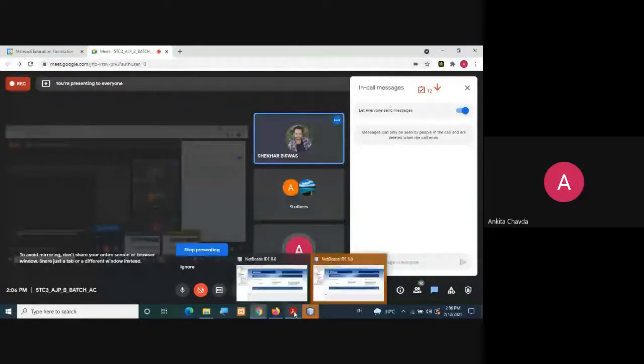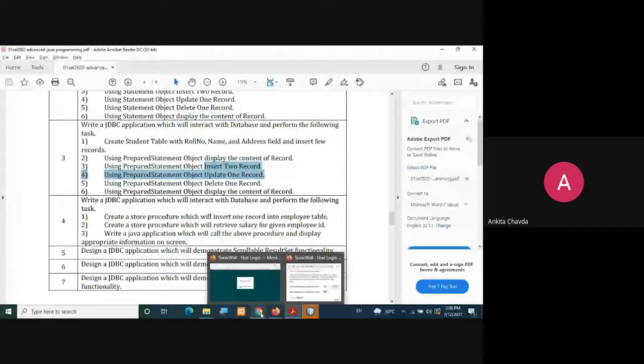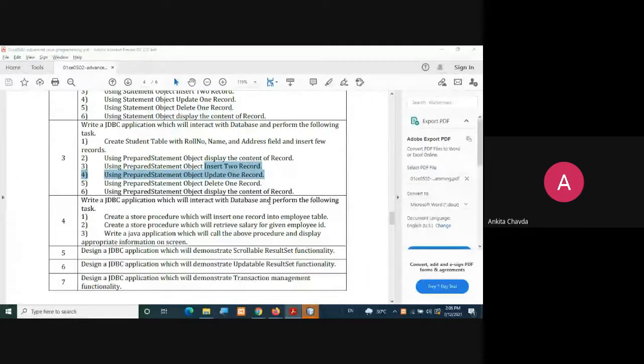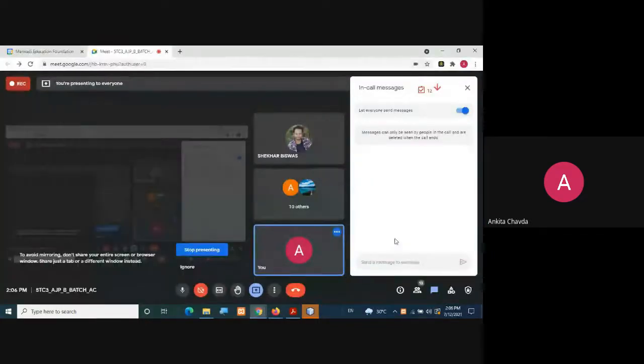What I said is you just need to insert the records into your created table. That is your task. Please start working on it. Creating the table we have already done in our previous lab. We created one table, so now we are just inserting records into it. I'll show you the code of that create table. If you haven't done it yet, please finish it first, and then you can start with inserting records.